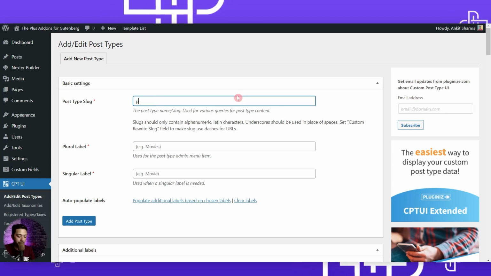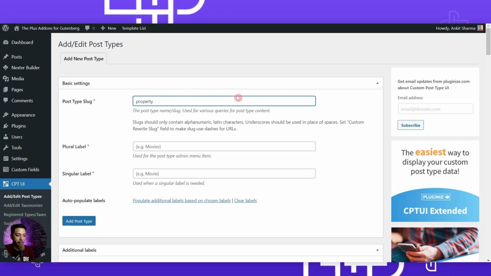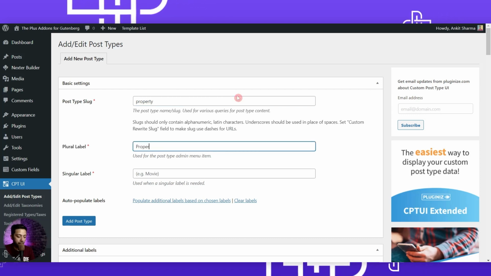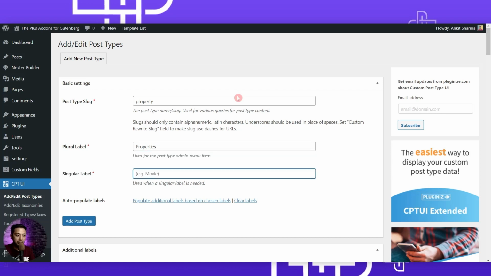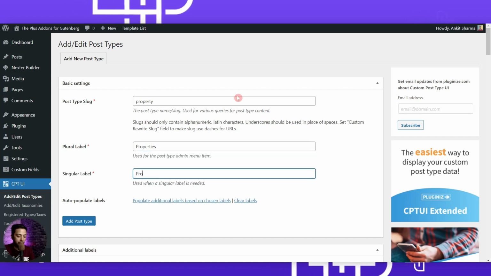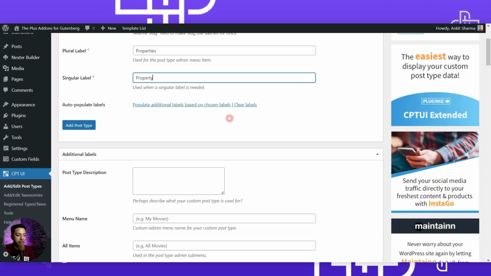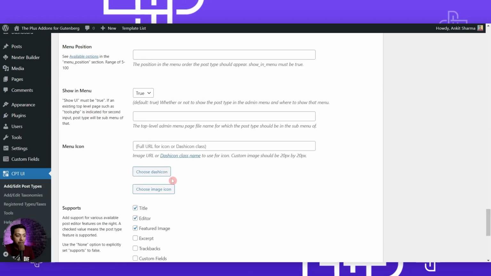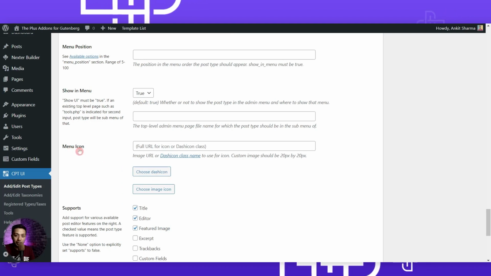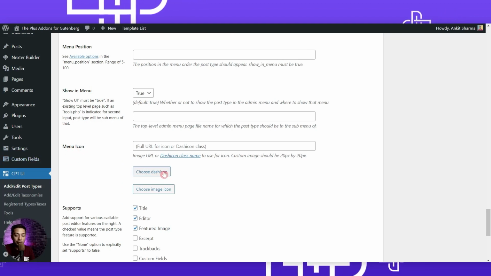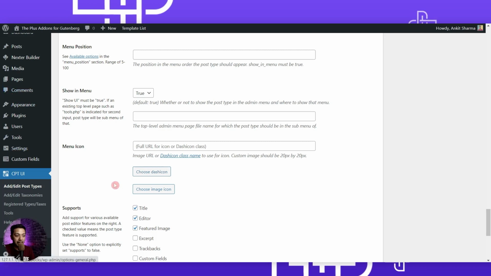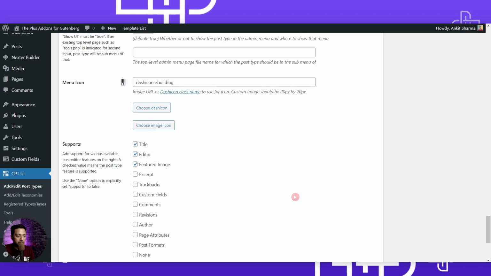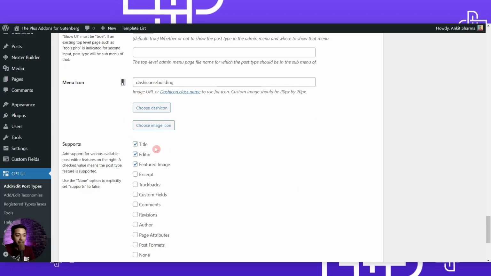So for the slug we will type in property, and for the plural label we will call it properties, and for the singular label we will call it property. And if we scroll down to the settings option, here we can choose a menu icon. So by this we can choose an icon which will be visible here in the dashboard. So maybe we can choose an icon like this,